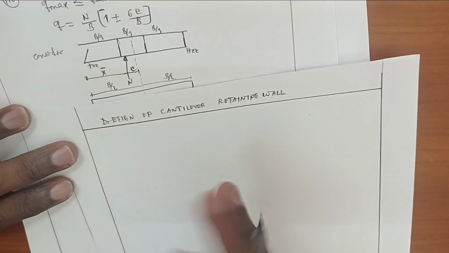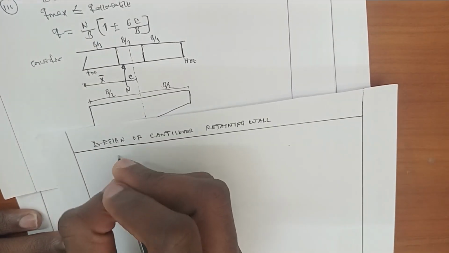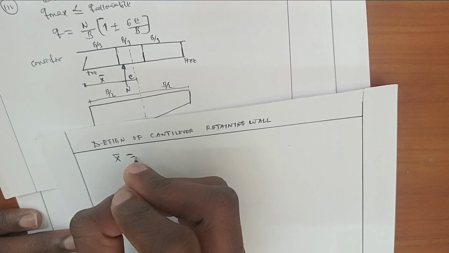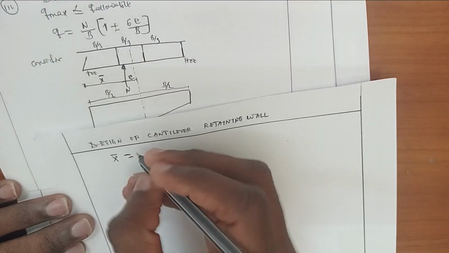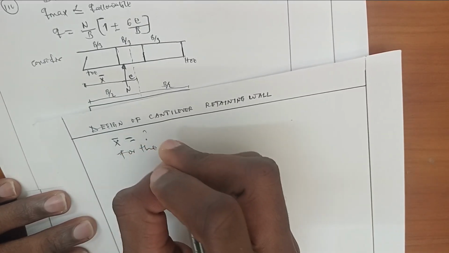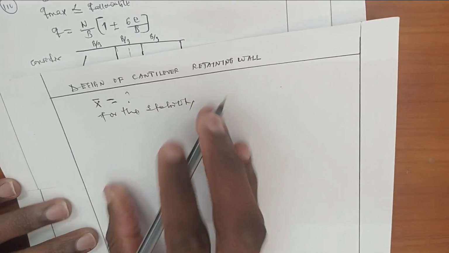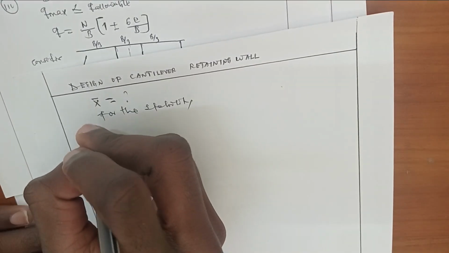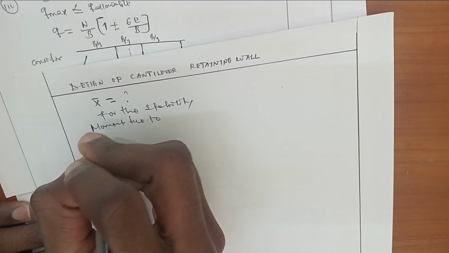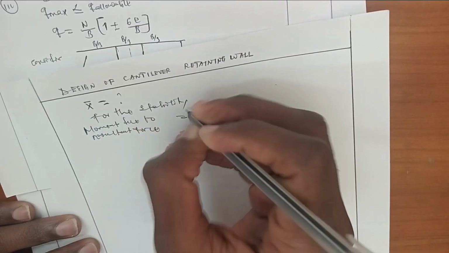Let's continue. How can you determine the location of the resultant force? The location of the resultant force is obtained by taking, for the stability, the moment due to resultant force should be equal to the net